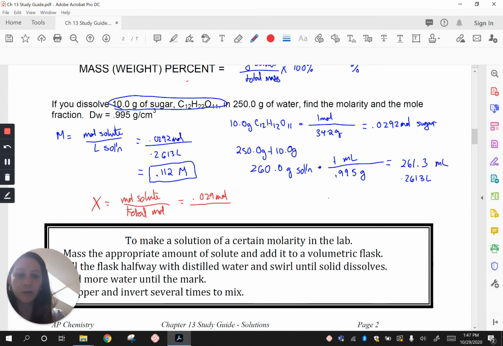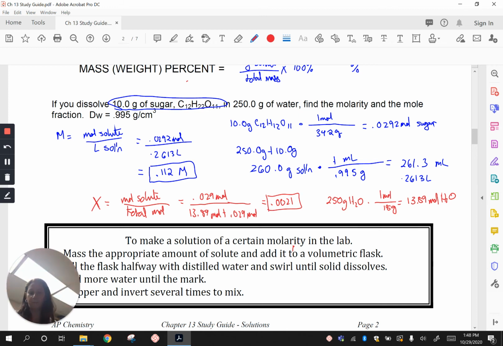So let's do the moles of water on the side here. 250 grams of water, change that to moles. 1 mole is 18 grams. This gives you 13.89 moles of water. So we're going to do total, so 13.89 plus the 0.029, and that ends up being 0.00210